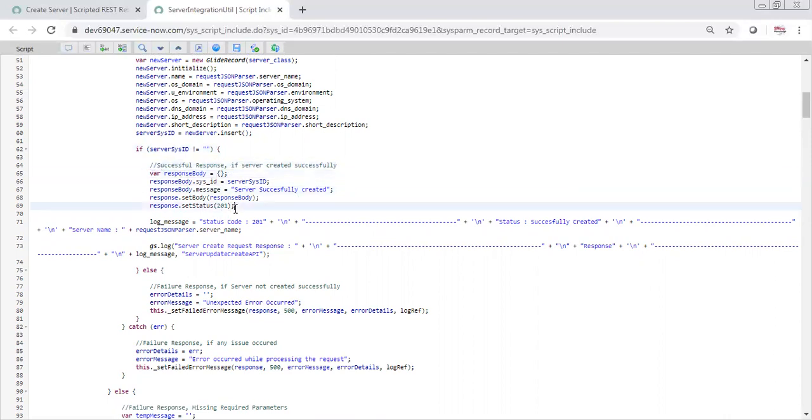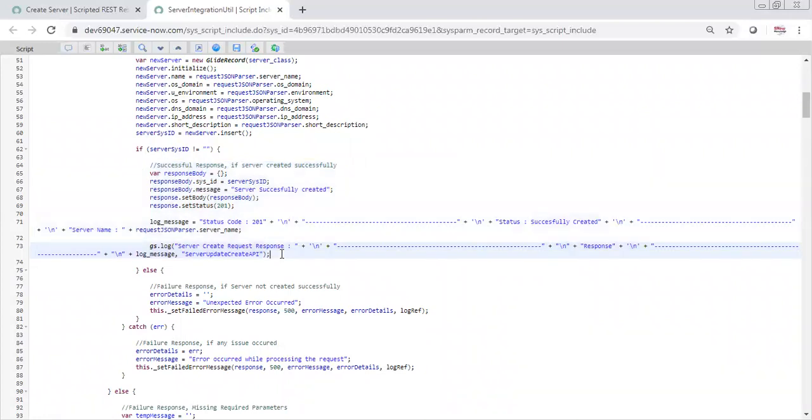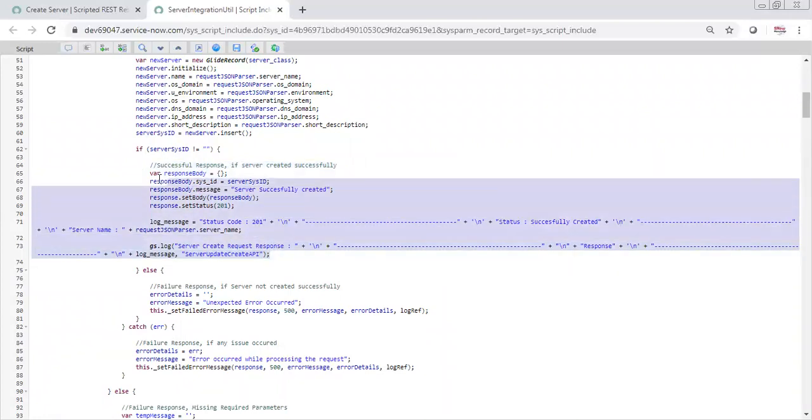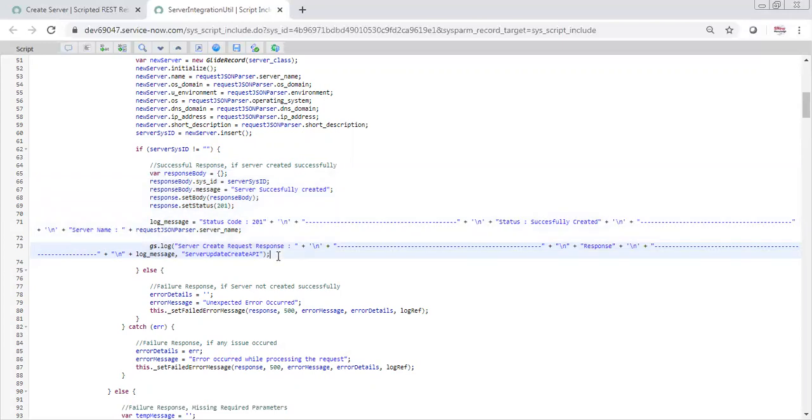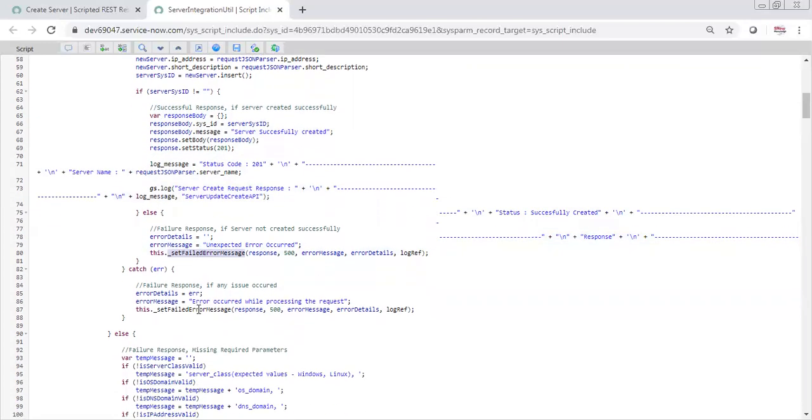So here we are just setting this response body, like "record is created successfully", then we are sending the sysID of the record created, all those things, and then we are printing. If you see, for this we didn't design a function, because in the whole code, how many times have you sent the successful response? Just once. The successful response lines you just need to write once, because only when everything is validated are you creating. However, this error message, how many times are you sending? You are sending it multiple times.